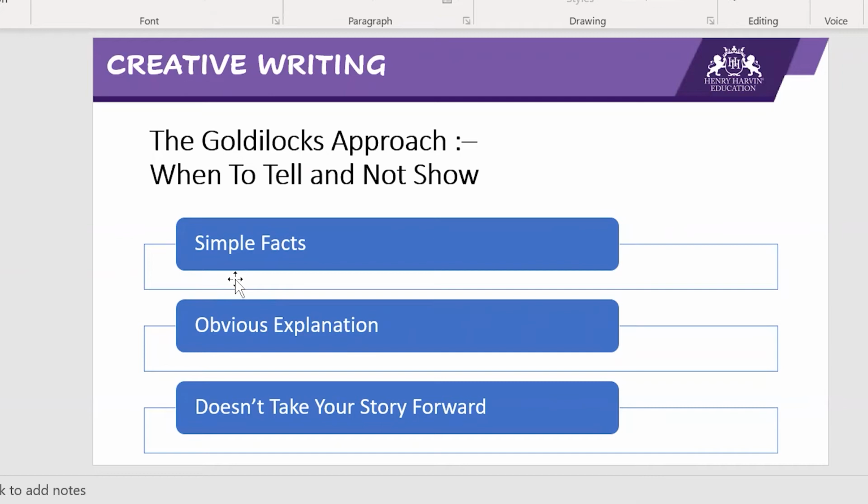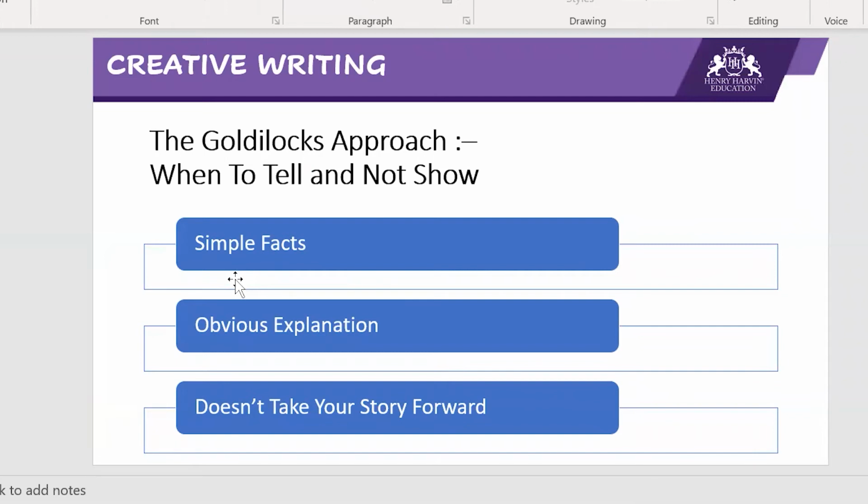So do you describe Delhi? Not really. You don't describe Delhi because you want to describe your character. What you can do is show him traveling in the Delhi metro. That will also show that he is going through a tough time, maybe he has lost his job or whatever. And it will tell the reader that he is from Delhi. So here you don't have to show the Delhi metro pass in his wallet, right? You only have to show that he is traveling in the Delhi metro and diving into his wallet, and he didn't find money to hire an auto or a taxi, right? So these are the simple facts.